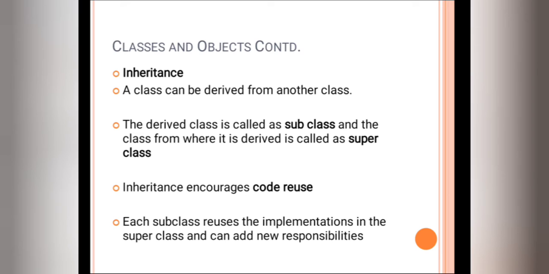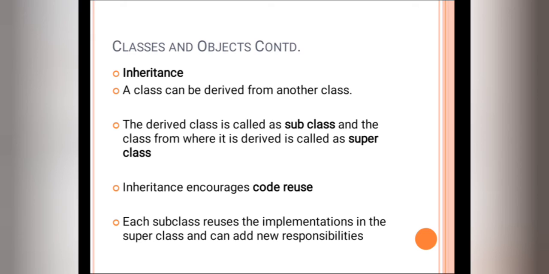So inheritance encourages code reuse. Why? Because if we have written some common properties like chair will have 4 legs, chair will have cushion, chair will have arms, then for the chair class we have written attributes and methods. Chair can be pushed, pulled or picked up. These are the operations that we can write for the chair class. These operations and attributes are now common for every class derived from class chair. So we don't need to write these attributes again and again for each type of class.